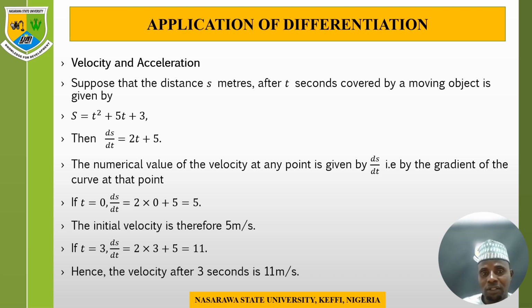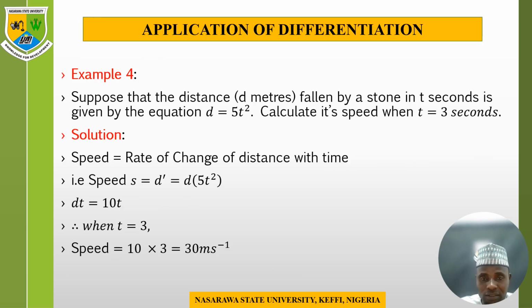So velocity is defined as the rate of change of the distance with respect to time. So suppose that the distance x meter after t second covered by a moving object is given by,